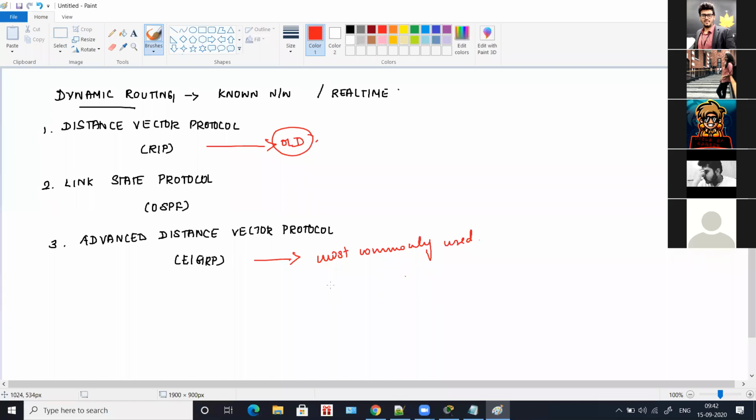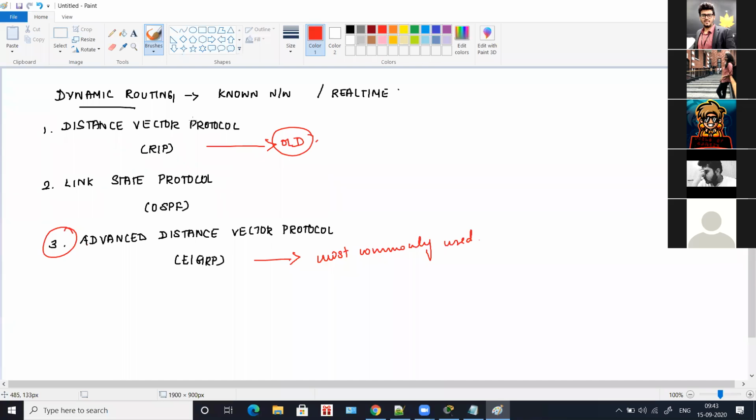So we will see EIGRP today, but I will tell you about RIP and OSPF also. We'll see how RIP and OSPF work, but today we'll configure EIGRP in our Packet Tracer. That is what we are going to configure.